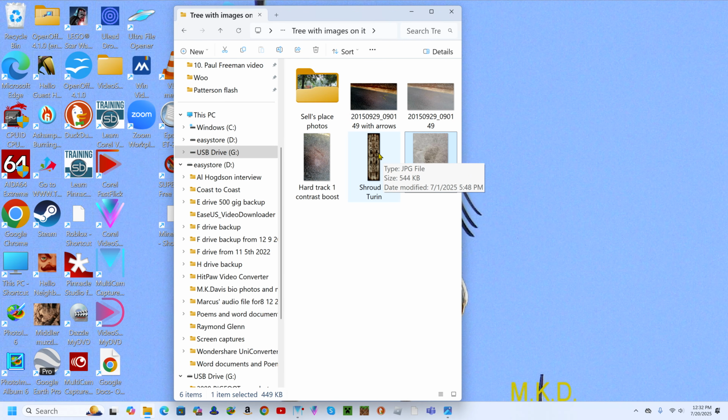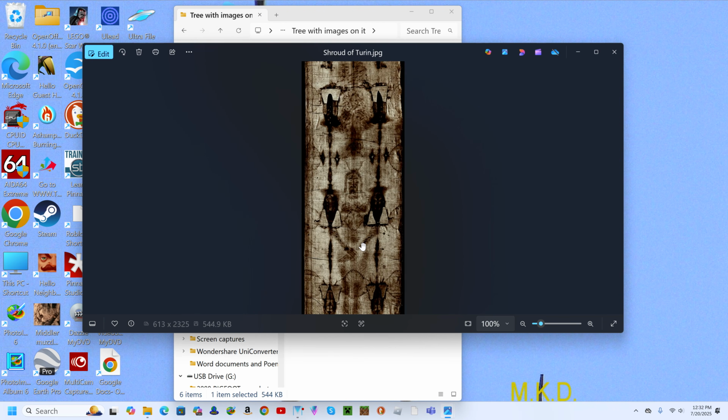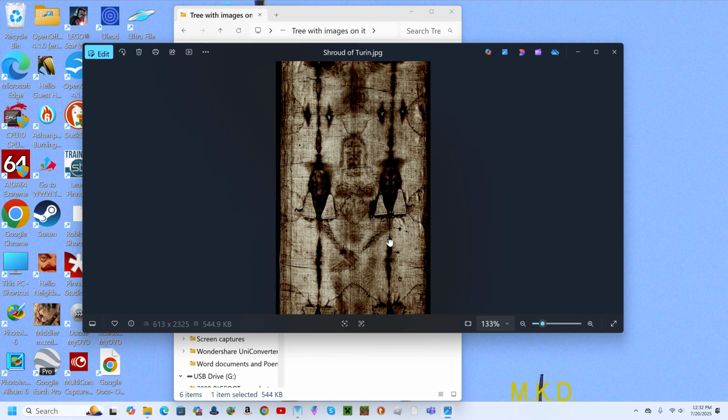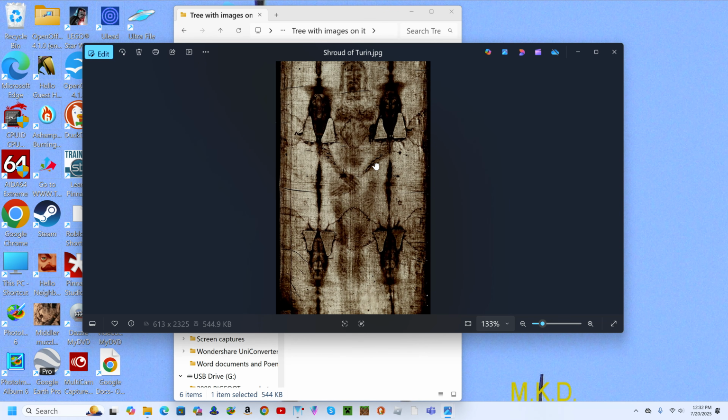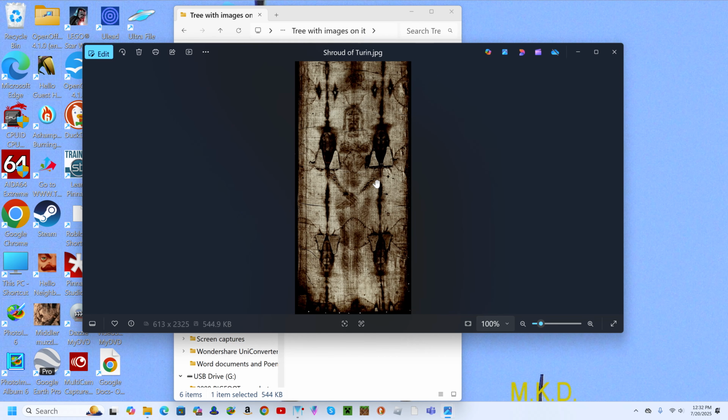Now, are there other ways to take a photograph? Let's look at this. This is the Shroud of Turin, very famous, religious. It's a photograph, for lack of a better word.